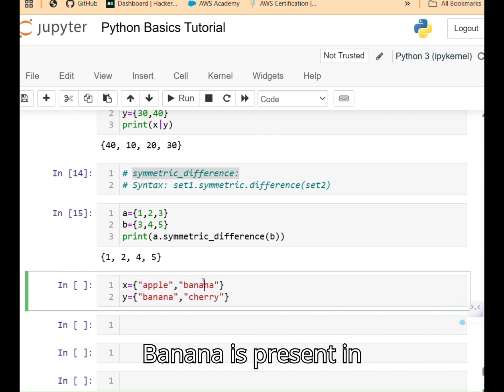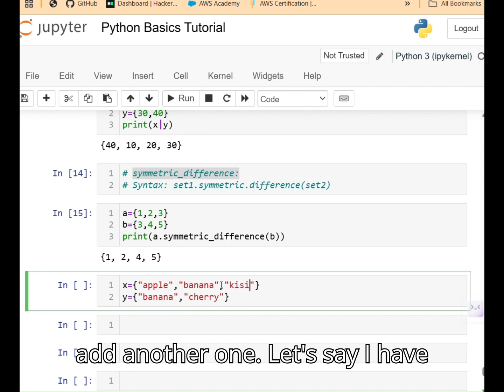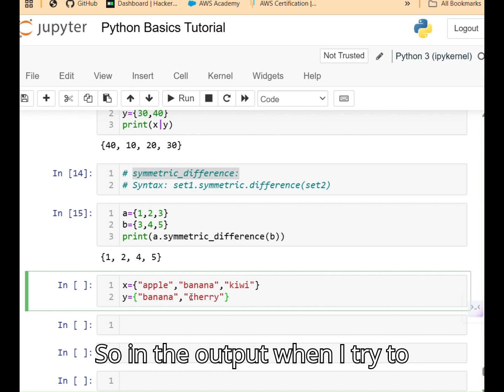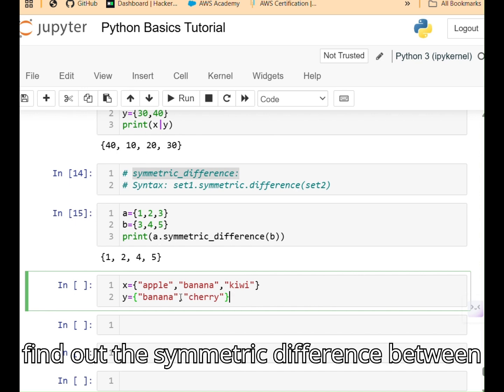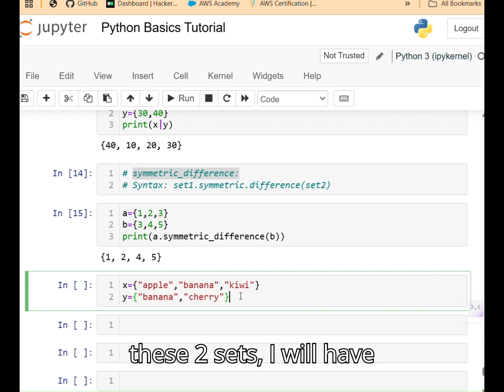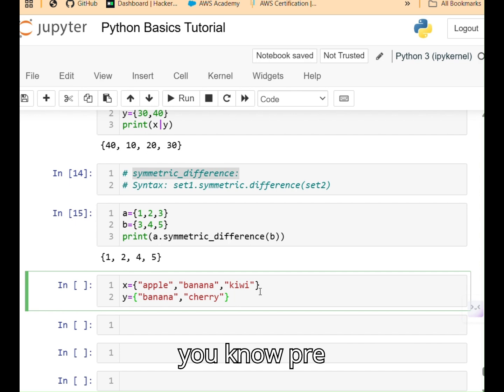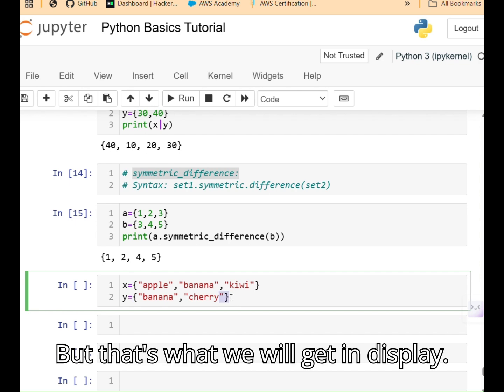Banana is present in both of them. Let me add another one. Let's say I have kiwi over here. When I try to find the symmetric difference between these two sets, I will have apple, kiwi, and cherry in no predetermined order,